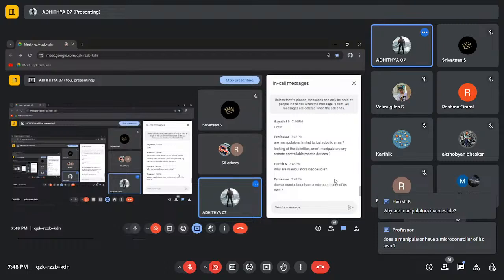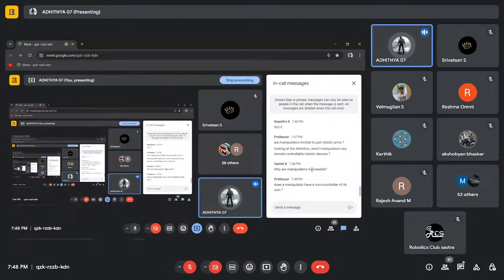Yes, a manipulator does have a microcontroller of its own. Mostly they use Raspberry Pi. So Harish K, why are manipulators inaccessible? In the sense, you're asking why it's always covered in